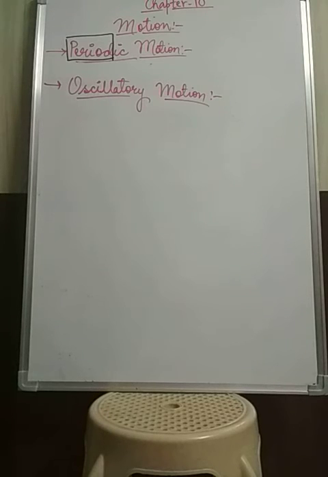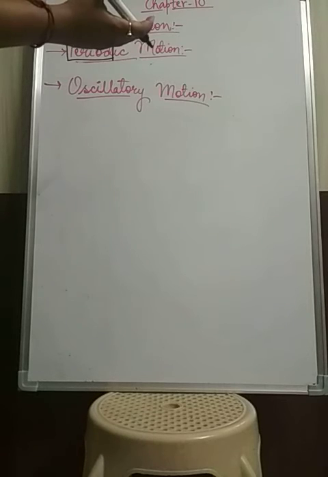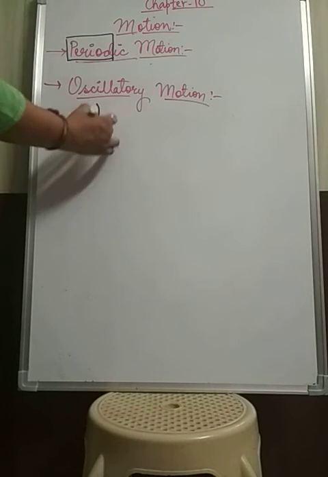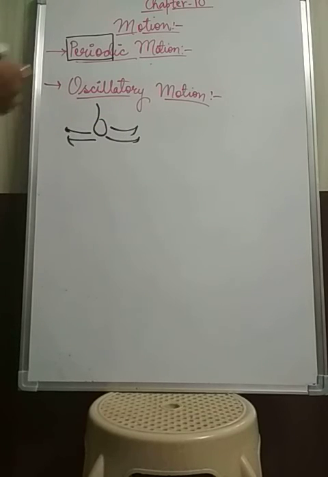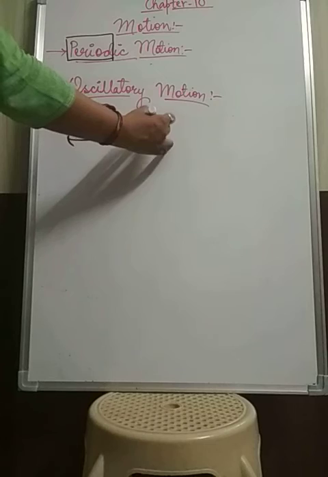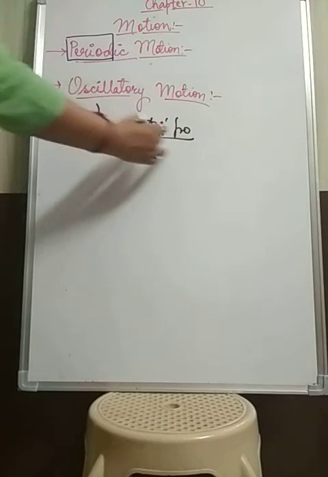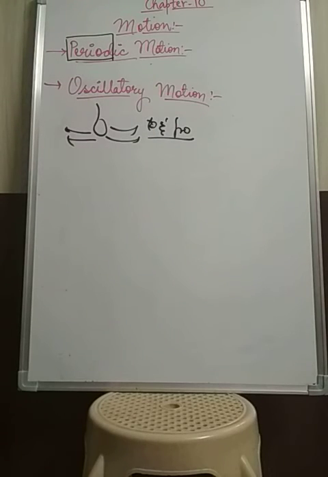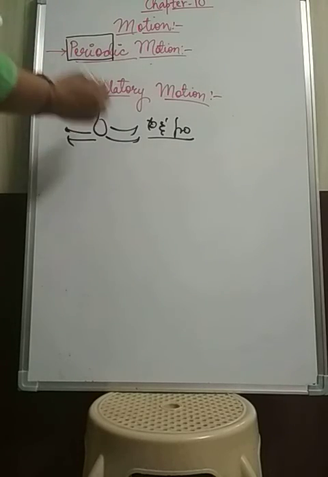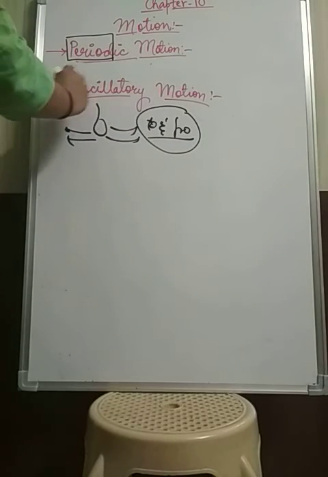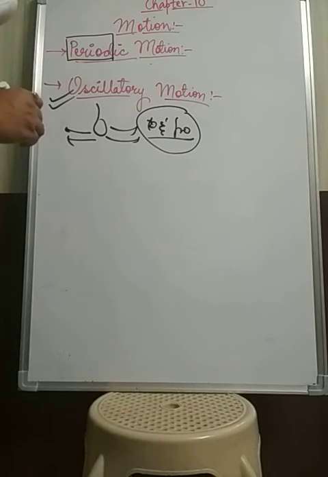And when you just ring the bell, you will see that the bell will swing from side to side, okay? The bell will swing from side to side, likewise this. That is, this type of motion is called to and fro motion, okay? It is moving here and there, okay? And from side to side. So the to and fro motion is known as oscillatory motion.